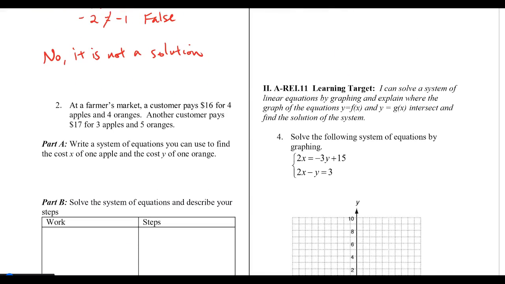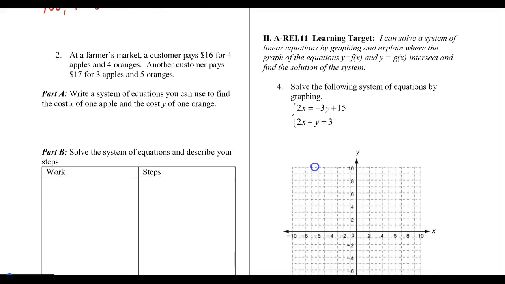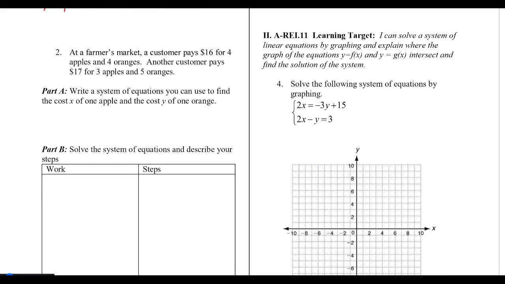Number 2, at a farmer's market, a customer pays $16 for 4 apples and 4 oranges. Another customer pays $17 for 3 apples and 5 oranges. It wants us to write a system for the cost of 1 apple and 1 orange. So we're paying $16 total